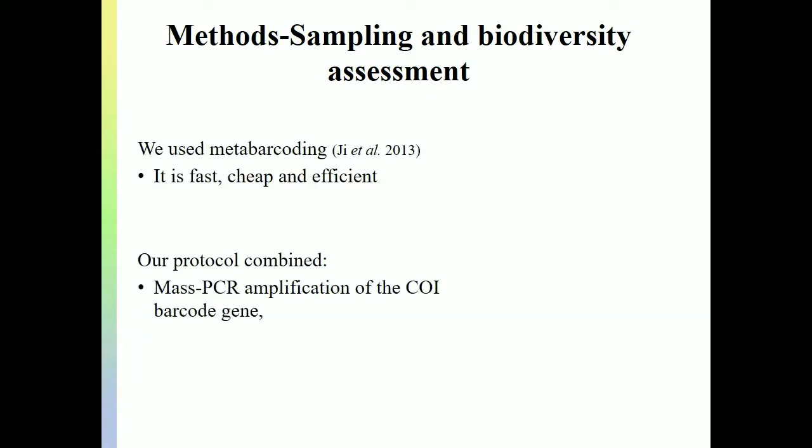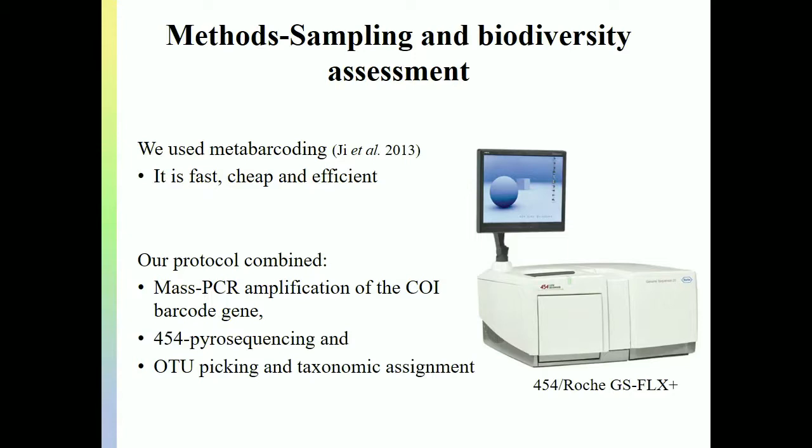In each of these sites, we used pan traps to collect flying insects, and we used metabarcoding for our biodiversity assessment. We emptied the traps every day. After collecting those insects, we homogenized them, extracted DNA from that soup, and then did a mass PCR amplification of the CO1 barcoding gene, 454 parallel sequencing, and then several bioinformatics steps for OTU picking and